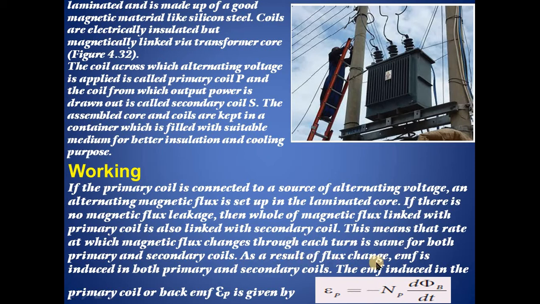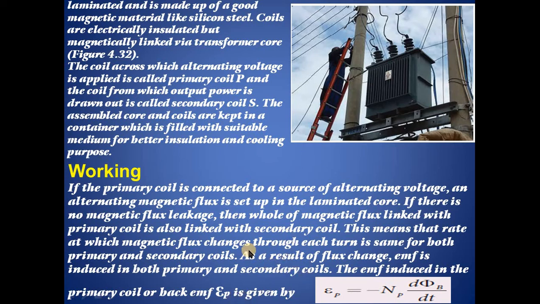As a result of flux changes, when the flux changes in the coil, automatically EMF is induced in both the primary and secondary coil. The EMF induced in the primary coil, or back EMF epsilon P, is given by